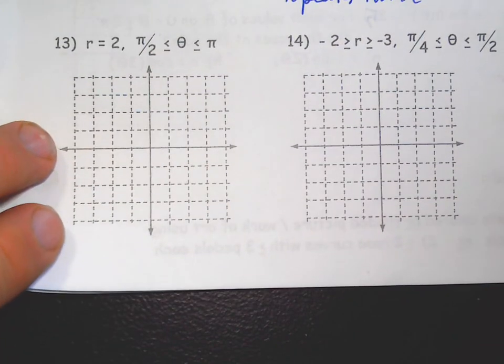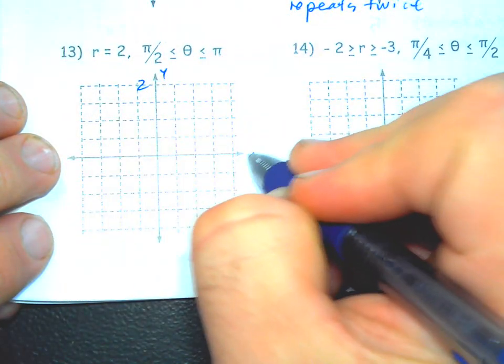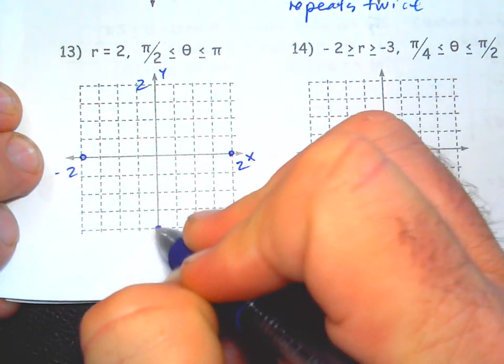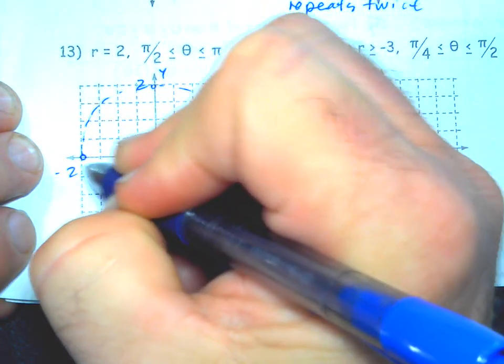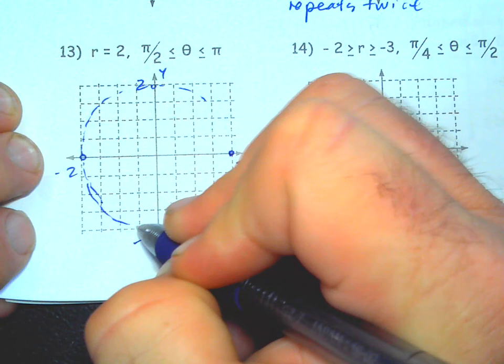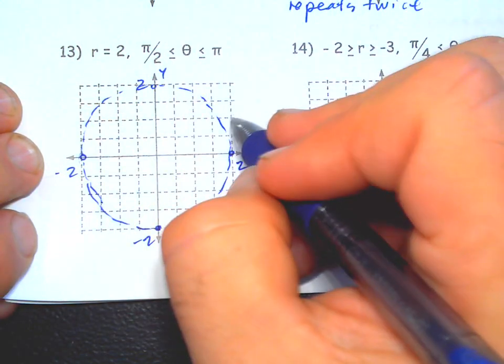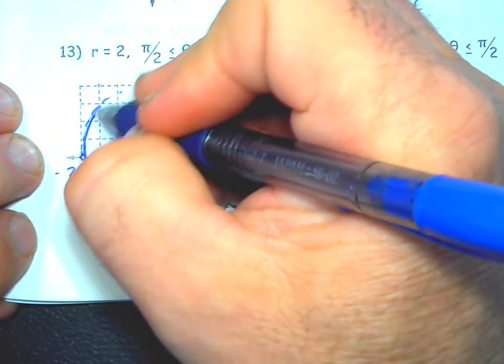Okay, next one is a circle with a constant radius of 2. So I'm going to sketch that roughly first, like lightly, like a light dash line, because there is a restriction on the angle. So it's not going to be the whole circle necessarily. It's going from pi over 2, which is right here, to pi. So it's really just going to be this portion